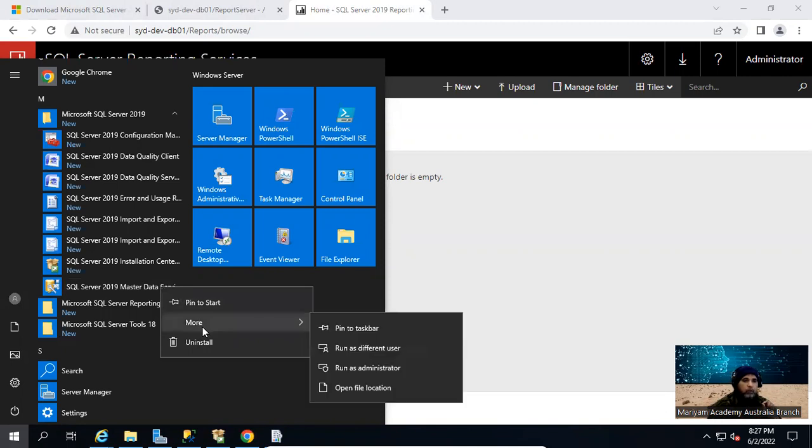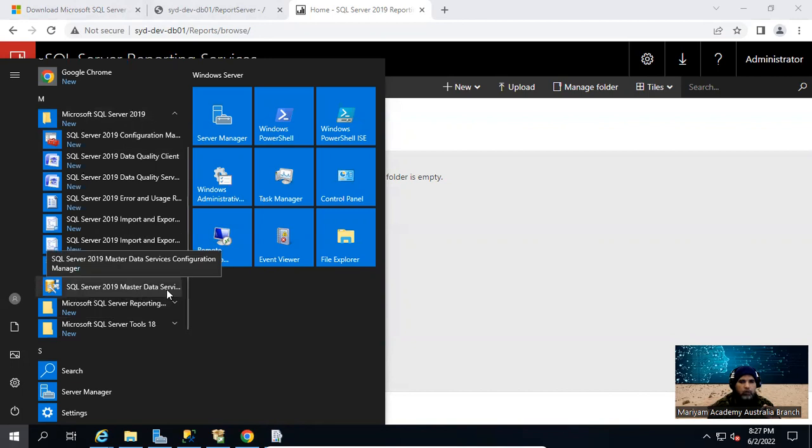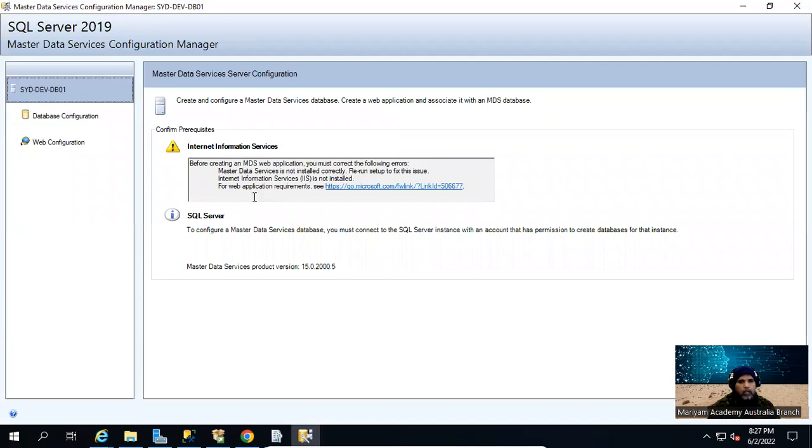configuration, because in the previous video we have already installed Master Data Services. So you can see there's an option in Microsoft SQL Server 2019 which says SQL Server Master Data Services Configuration Manager. So let's spin it up. Now that's the very first thing that we need to address. You can see Master Data Services requires the Internet